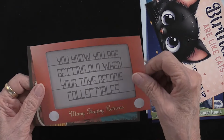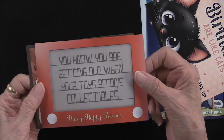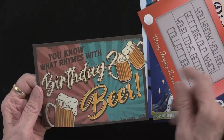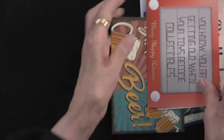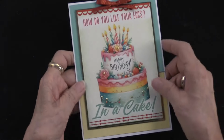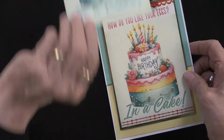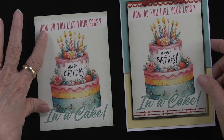There we go. You know you are getting old when your toys become collectibles. Yeah, just like an Etch-a-Sketch. You know what rhymes with birthday? Beer. Okay. Well, this card that Heidi used has, as you can tell, this little piece, and so that's the